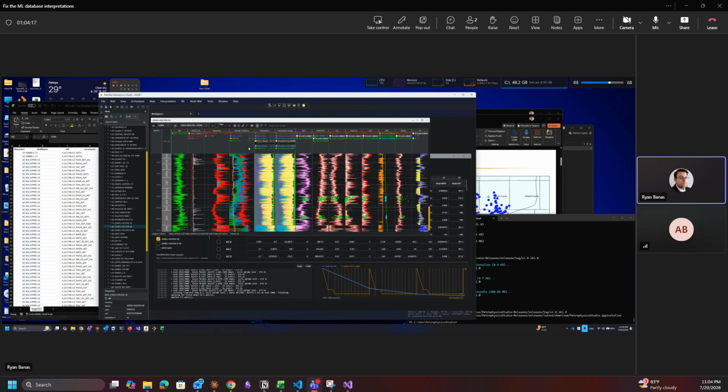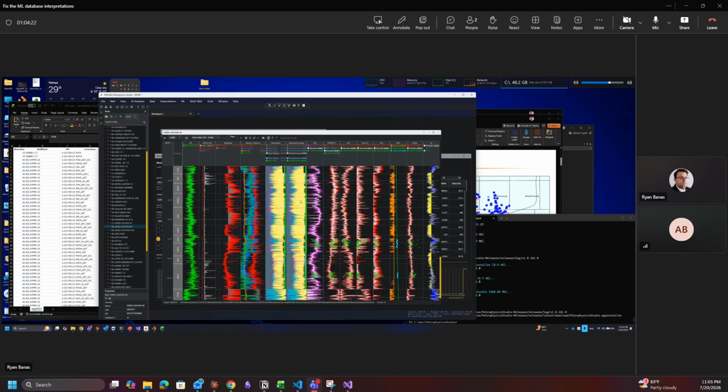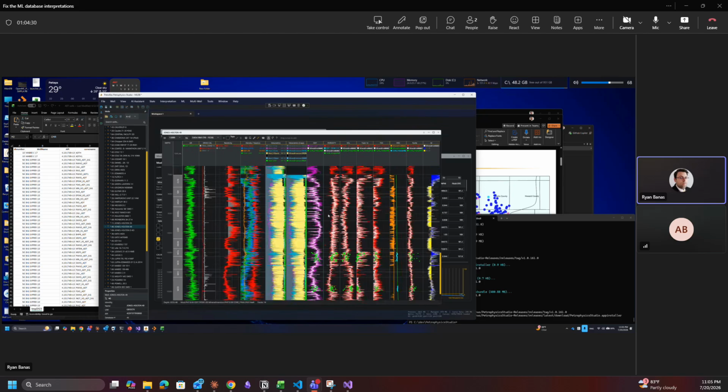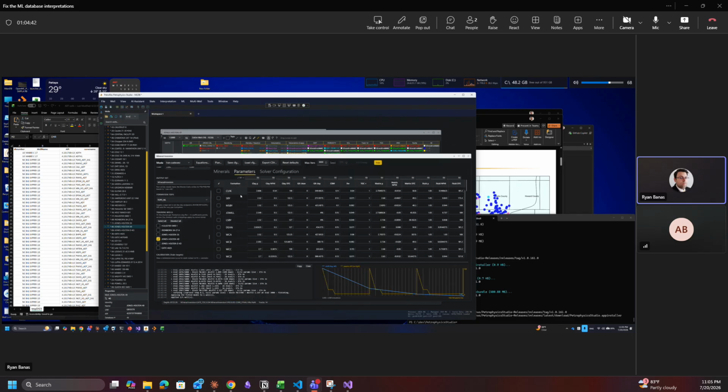Now, if I go back and look at what happened, this is now my interpretation. Whereas before, my porosity was way high, right? Way higher than what I had. Now, basically, I've matched exactly what came out of IP. I've got more dolomite, I've got lower porosity, and I achieved that because if you look at what ended up